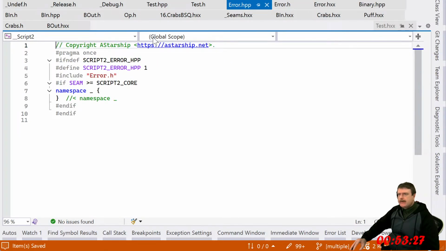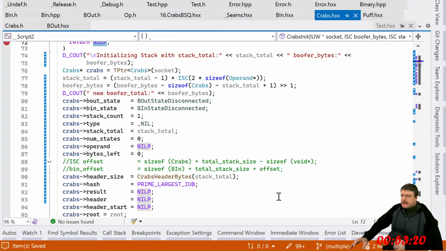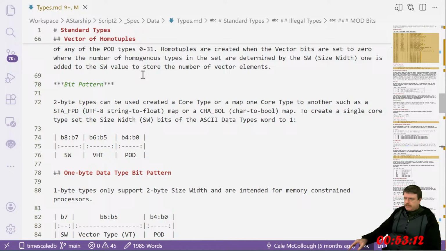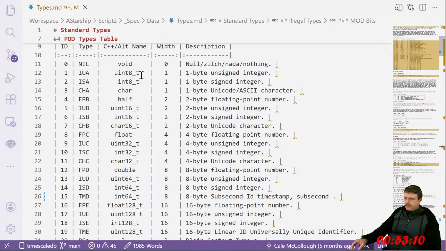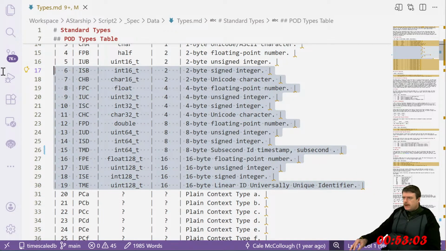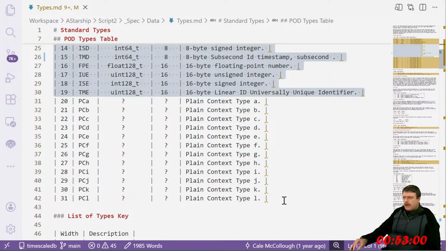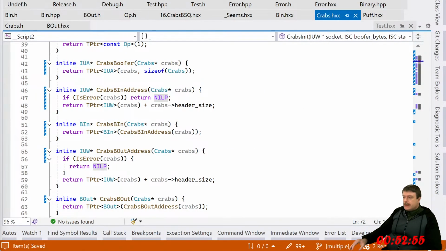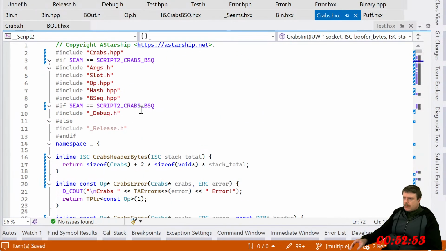What's the task at hand? So let's go back to the CRABS, the Chinese room abstract stack machine. This thing is kicking my ass conceptually. What happened? So this is actually way easier to parse than before. But now I have the new context types. I think that's the lowest hanging fruit. So where's the...